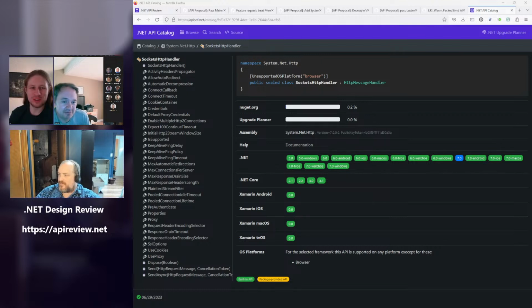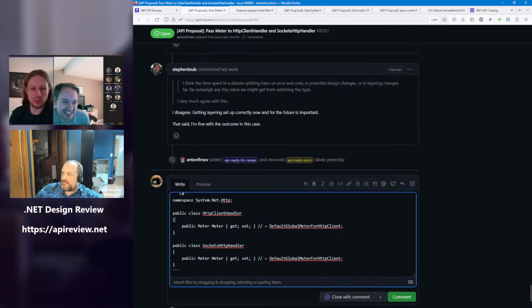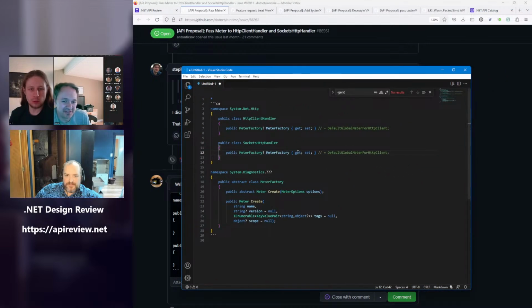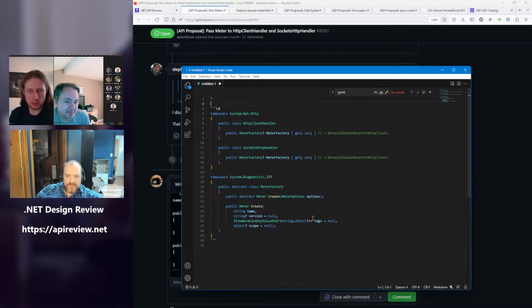Of course, I'm kind of worried, looking at the timeline now, about when we're going to ship this. Well, you can make forward progress regardless. Add a property, whichever one you think is going to be the winner, check it in, and then we'll revise it. Well, the problem is you can't add the factory property because there's no type to add. Can we just add it as Meter for now, and we'll change it? Maybe we can do it in another API proposal. We can add it as Meter with the plan of hopefully changing it before preview 7 ships, but unblock you making forward progress.